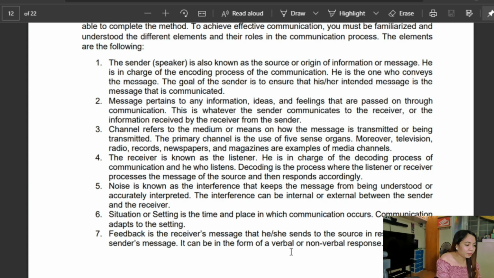There was one time in my class before when I asked my students, for example, through chat, you seen someone's chat but he didn't reply. The question is, is there a successful feedback in there? The answer is actually yes, because it was seen. It's either the receiver doesn't want to answer you, the receiver is not interested in you, or the receiver isn't interested in the message or the person who sent the message. So still, that is feedback, negative feedback.